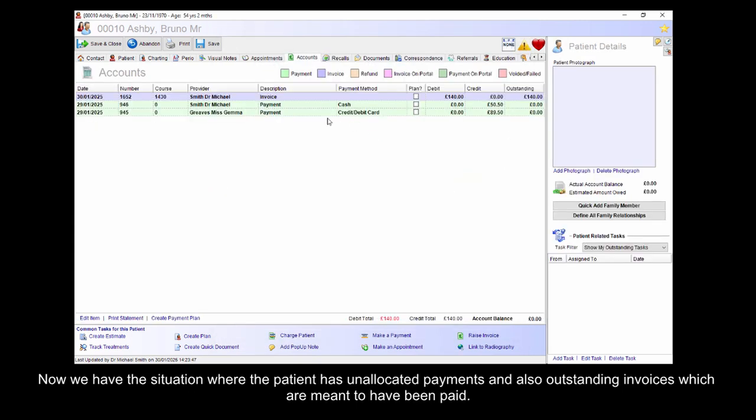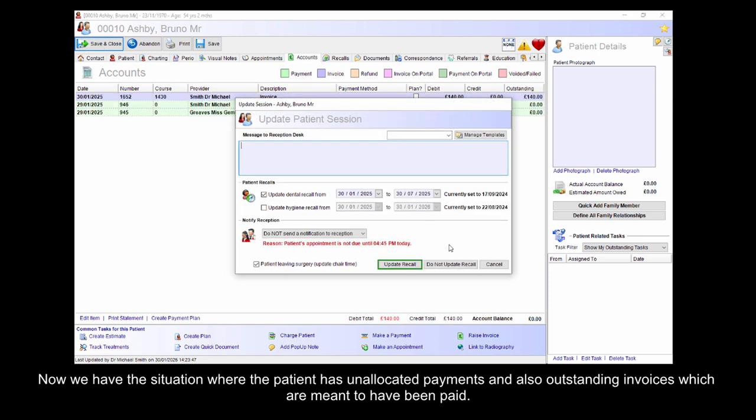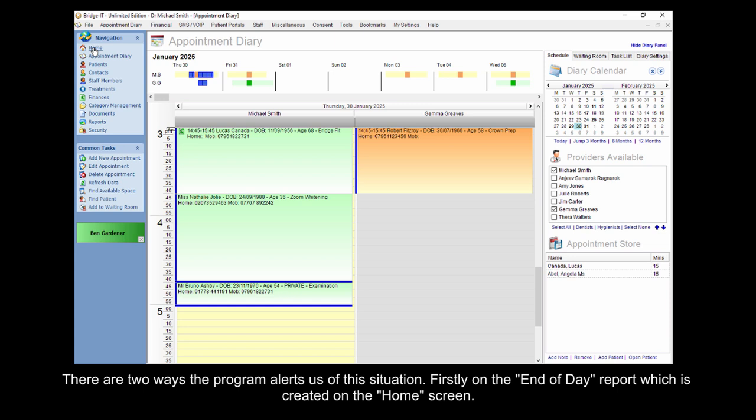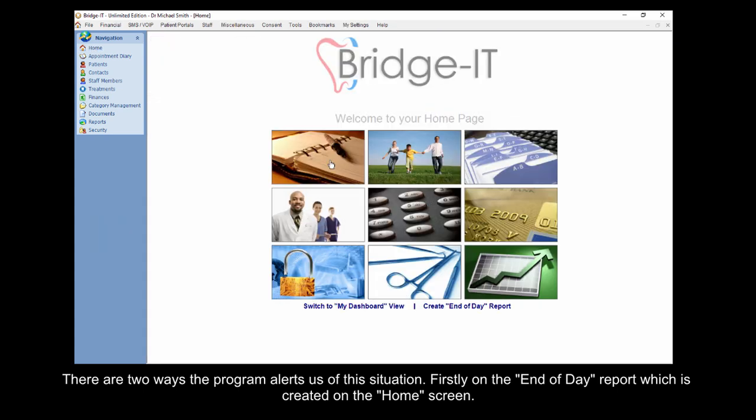So now we have an unusual situation where we've got payments in the patient's account which should actually be allocated to this invoice, but they haven't been. We want to be notified of that somehow and check that these things are not being missed. Now that will be in 2 places. Firstly, when we produce our end of day report, which is on the home screen. If I click on create end of day report,